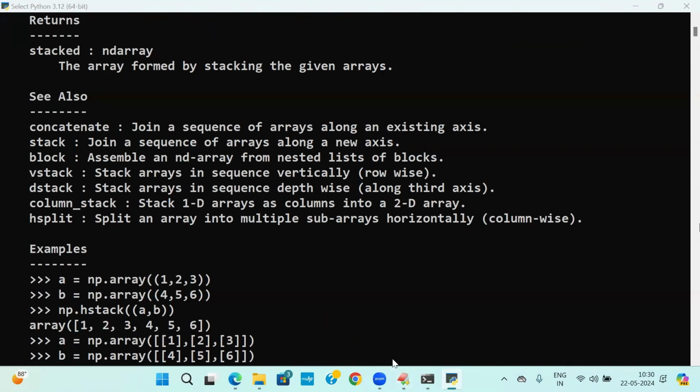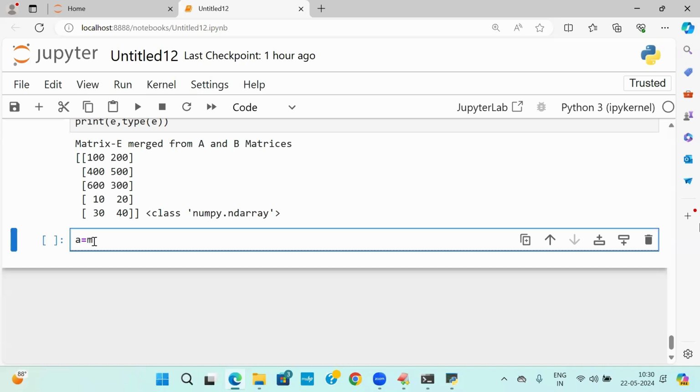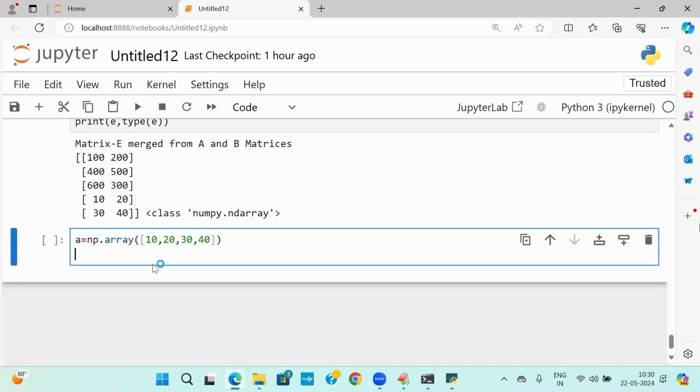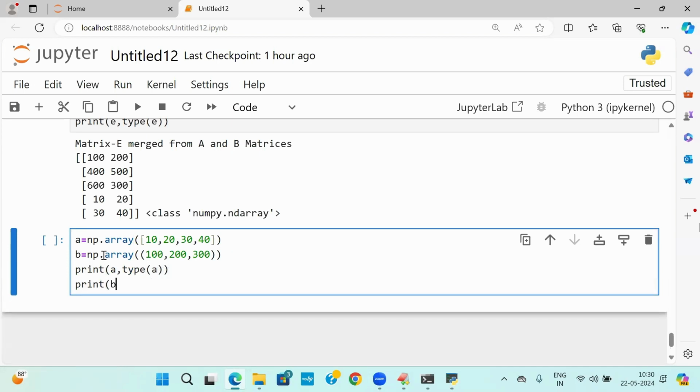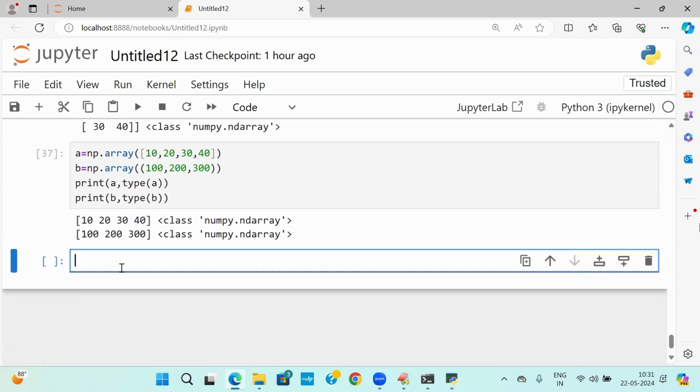This is about which kind of concept? H stack. If we go back, A is equal to np.array of 10, 20, 30, 40. What is this now? 1D, a list. B is equal to np.array of 100 comma 200 comma 300. What is this now? Tuple. Print of A comma type of A, one-dimensional I am saying. B comma type of B. It is getting printed as 1D only. Now I am going to say C is equal to np dot